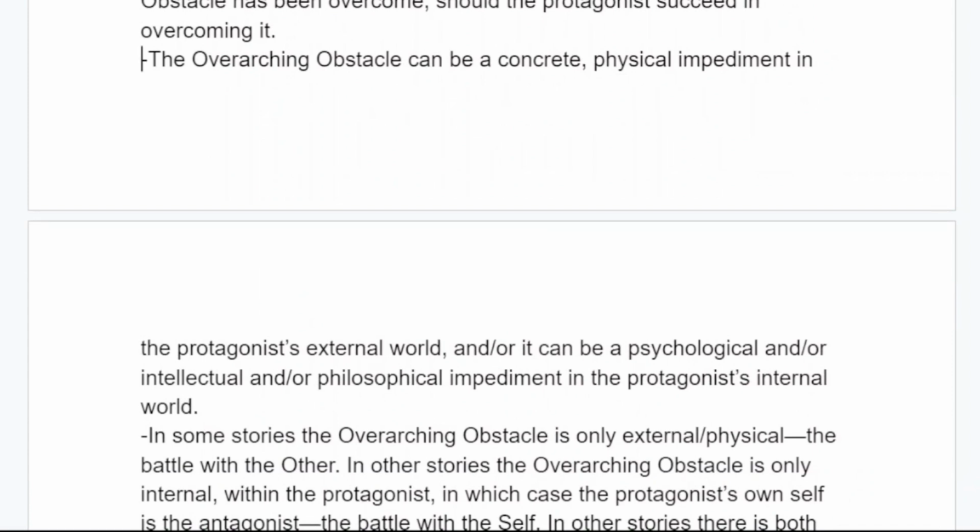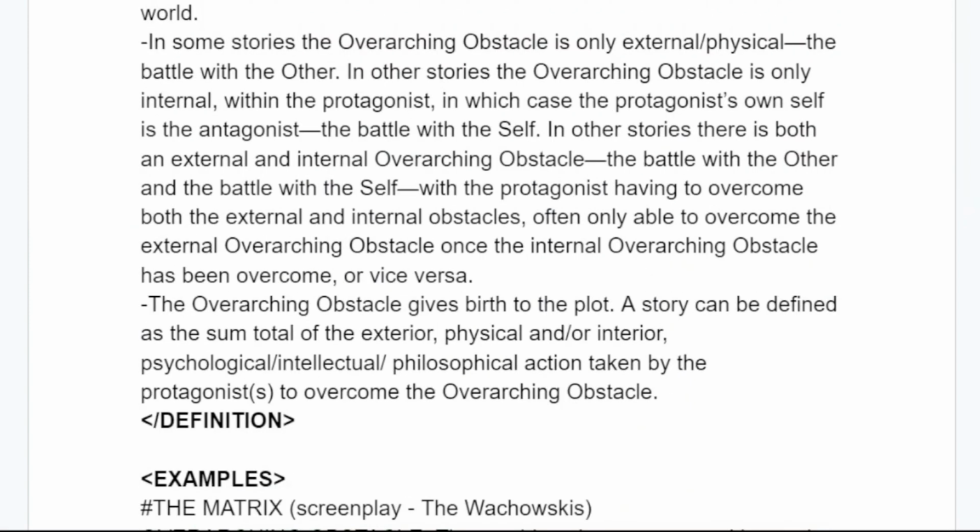The overarching obstacle can be a concrete, physical impediment in the protagonist's external world, and or it can be a psychological and or intellectual and or philosophical impediment in the protagonist's internal world. In some stories, the overarching obstacle is only external, physical, the battle with the other.